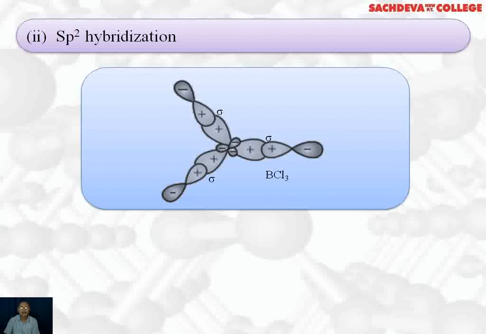So first boron undergoes sp2 hybridization, and the sp2 hybridized orbitals are directed in space at bond angle 120. They are separated by bond angle 120, and after that they are overlapping with p orbitals of chlorine which have an unpaired electron and result in the formation of the BCl3 molecule, which is trigonal planar. So sp2 hybridization without lone pair leads to trigonal planar shape.